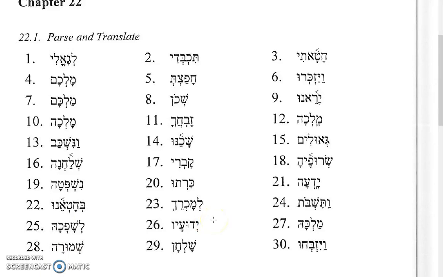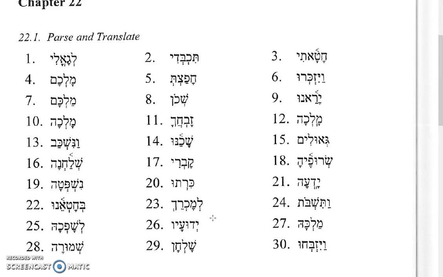23, le mokrek. That would be preposition la plus a Qal infinitive construct attached to a second feminine singular suffix, and that would mean in order to sell you lady, if it's an object, or to your selling, with regard to your selling something, if the you is a subject, but in any case the you is feminine singular. Number 9 is tishbot,